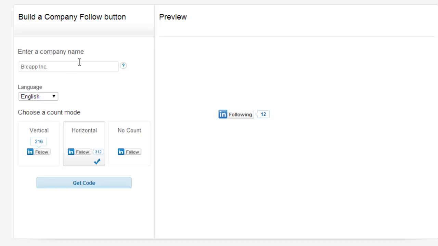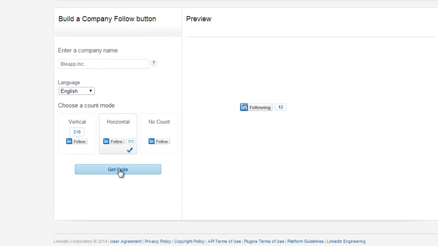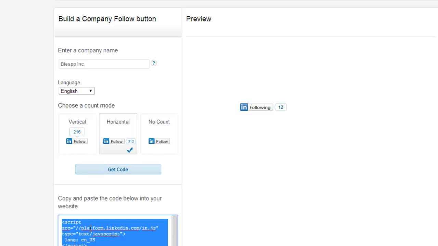And this is where LinkedIn doesn't make it easy. They don't allow you to put in your showcase page here, but there's a little workaround, and it's pretty simple. We can just go ahead and click Get Code,